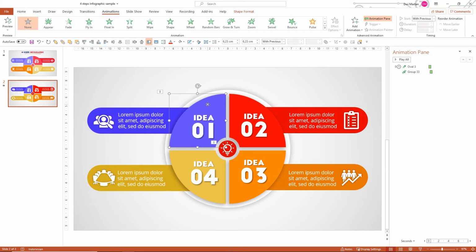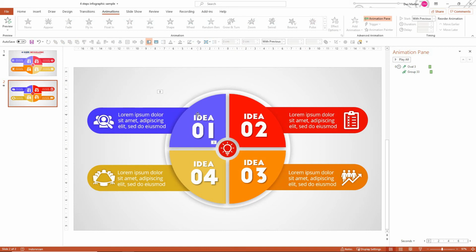Now we are going to animate the rest, but first of all I'm going to group each of the text with the shape. And each icon with the shapes. Here, I don't group the text as I want to animate it separately. Okay, now everything was set up.